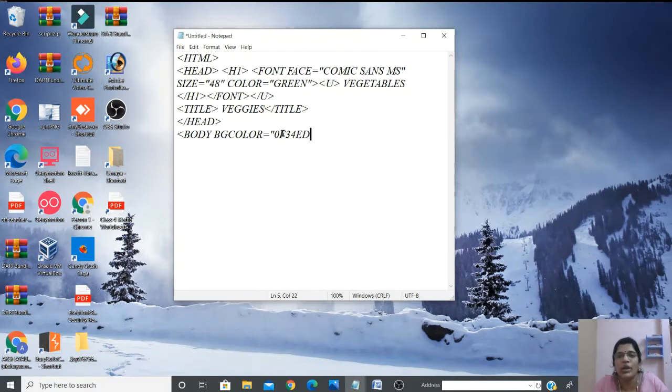So see, 1, 2, 3, 4, 5, 6 digits are here. So close it. I don't know what is this color. By seeing the display only, I will come to know what color it is. Randomly we are just writing. Then BG color we have given. Then I would like to give a font also. Font face is equal to, for the list I want to give, Algerian. Then size I'll give lesser than the heading. Size is equal to 40. Color is equal to yellow.